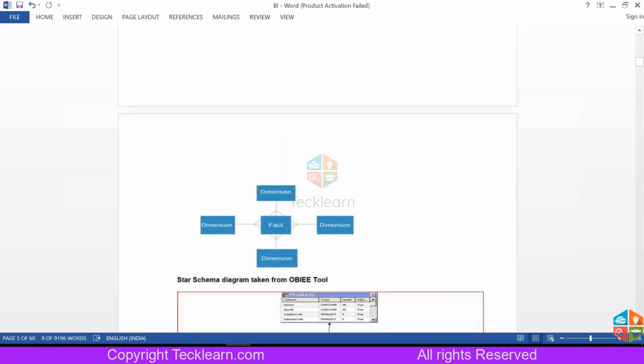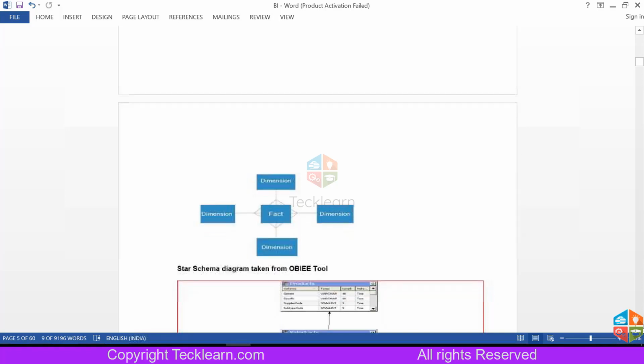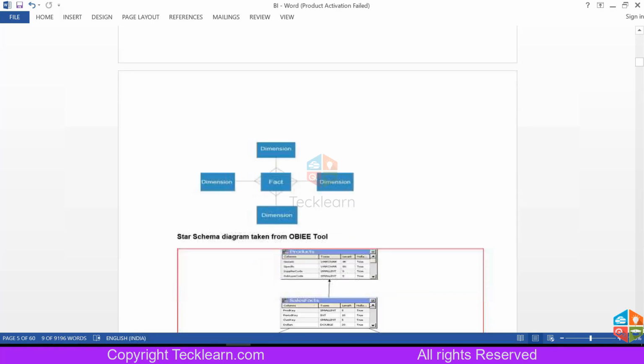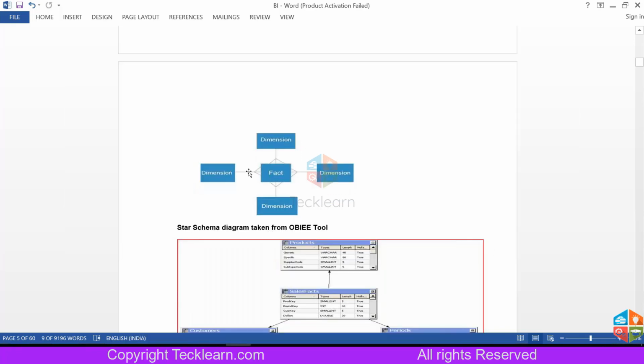And a theoretical explanation of a star schema can be seen here: fact, dimension, dimension, dimension, and dimension. Why I kept this is that one row can have n number of occurrences in the fact. So that's the logical relationship, one to many.